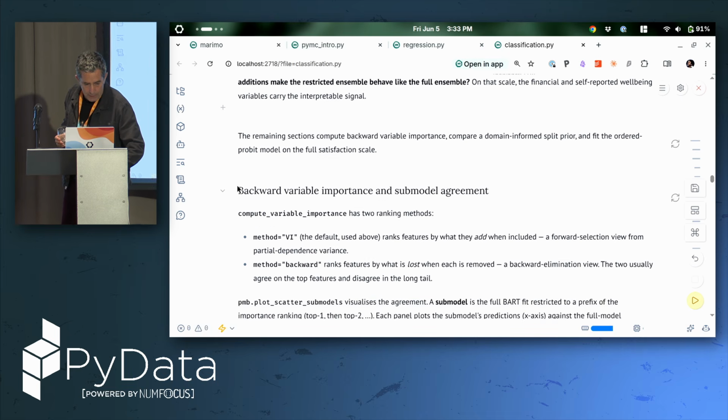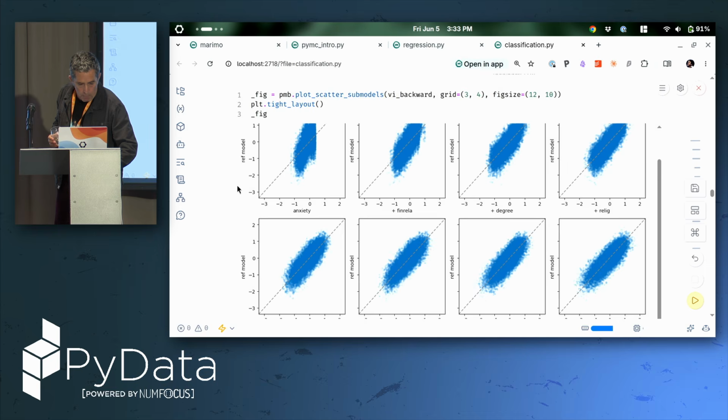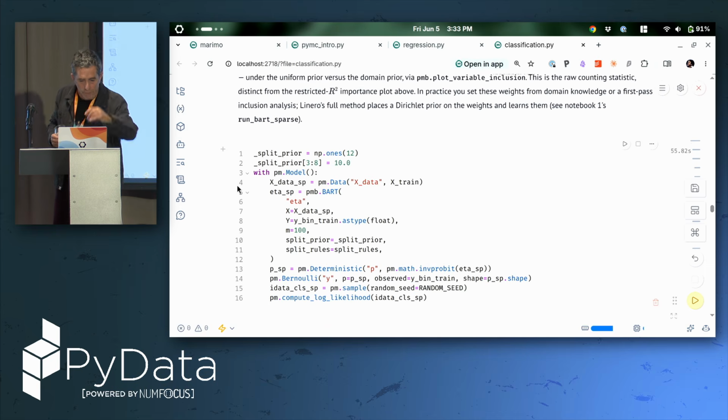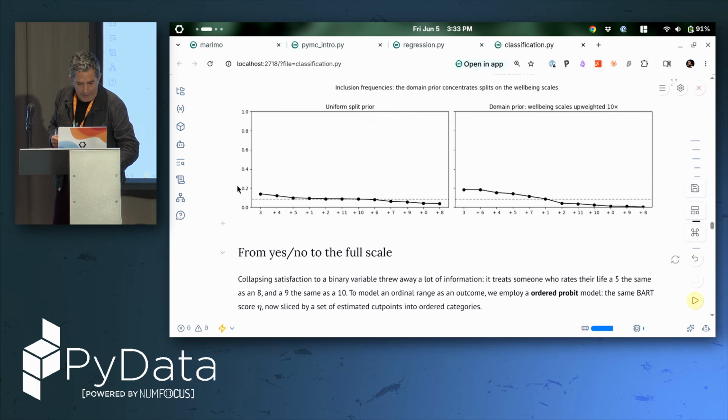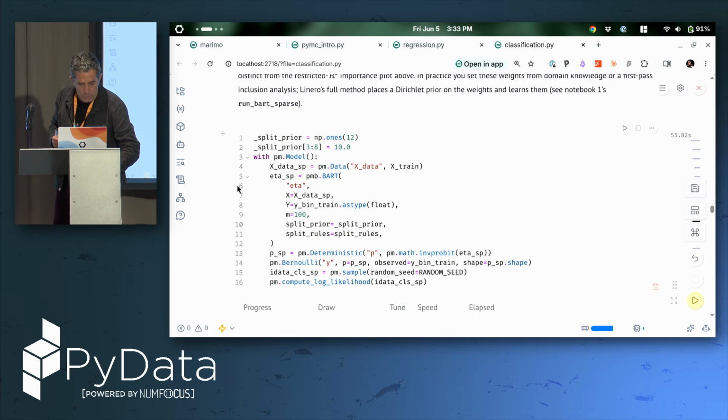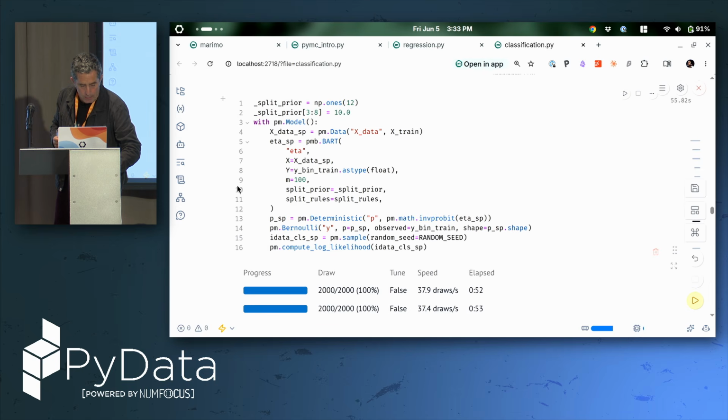What else? I think we've got about 5 minutes left, so I think I'm going to stop there. One last thing I want to do before one last